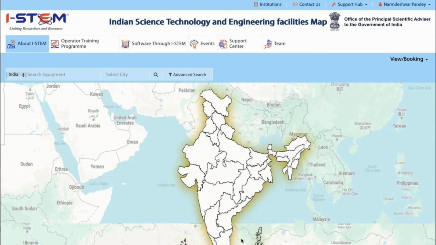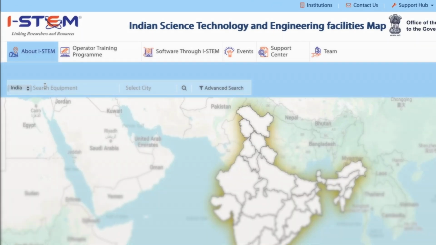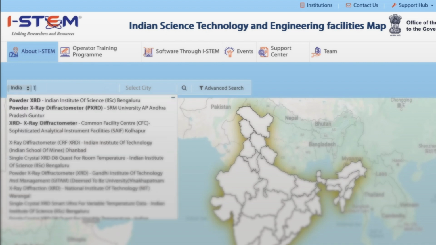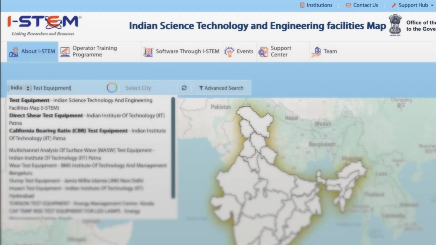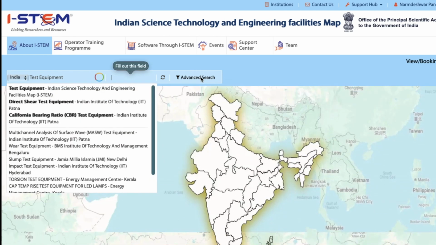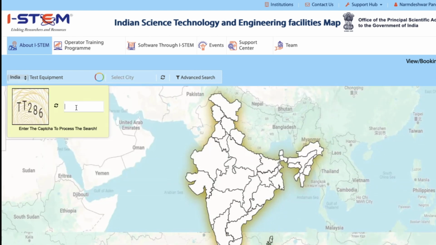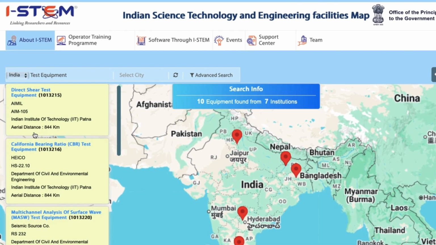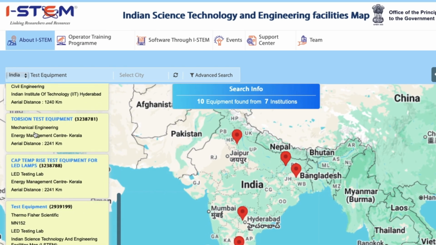To search the equipment, type the equipment name or abbreviated word like AFM, XRD, etc. in the Search Equipment field. You may also use advanced search to refine your search results. Equipment search results will be shown on the left side.